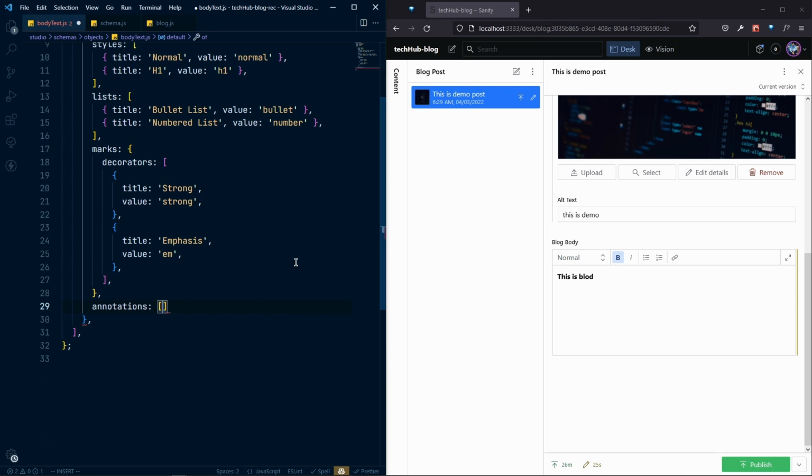So for the annotations, this is the place where you can add your custom object. So let's actually do that. Here, let's say the object should have a title, which will be the URL, because I want to add a link. For that we can create an object. After the title we can specify the name. Let's say that this will be the link,